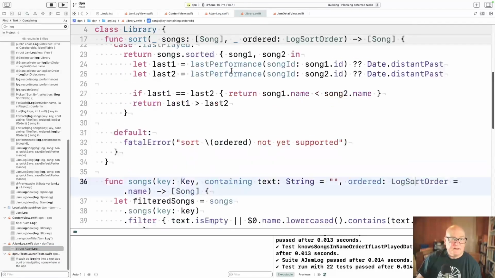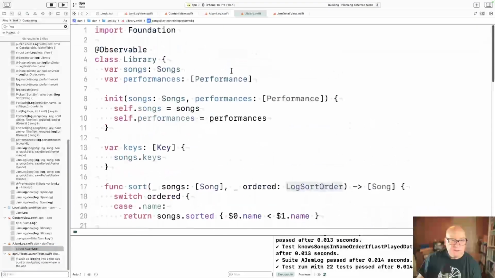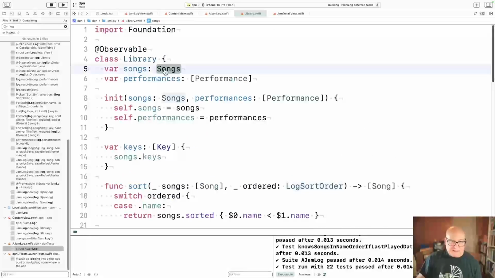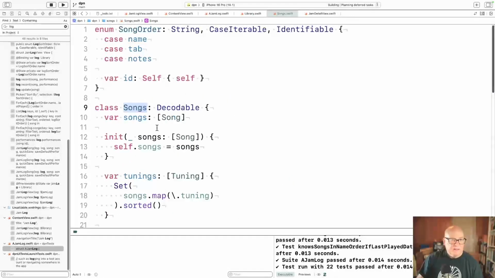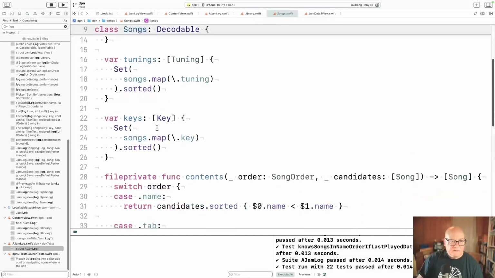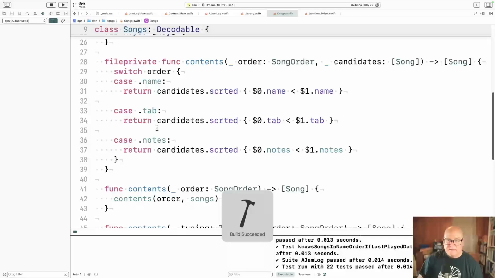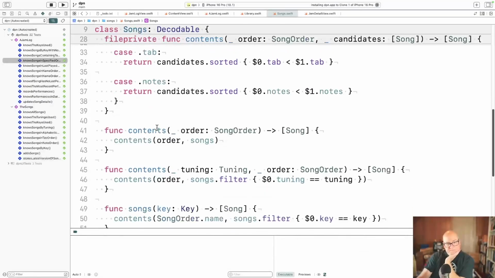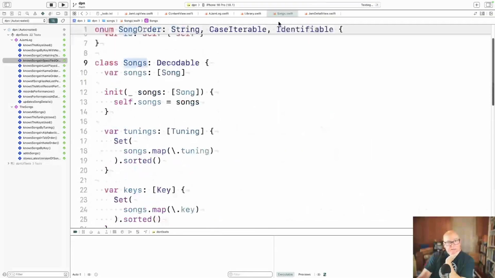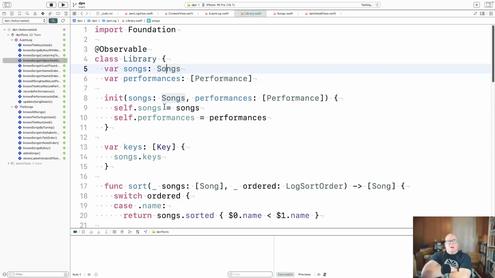I have to get used to thinking. But I do think performances is an entity just like songs is an entity. It's not a terrible lot of stuff. And I still wish... I feel like there's a gap in that a song with its performances, like what is the name of that entity?